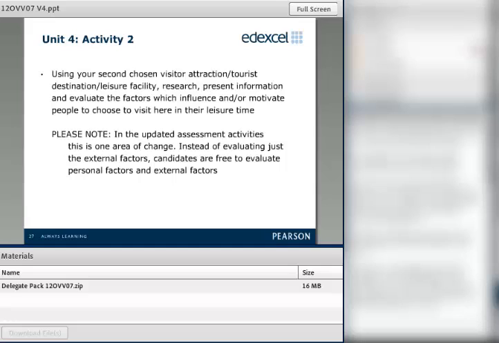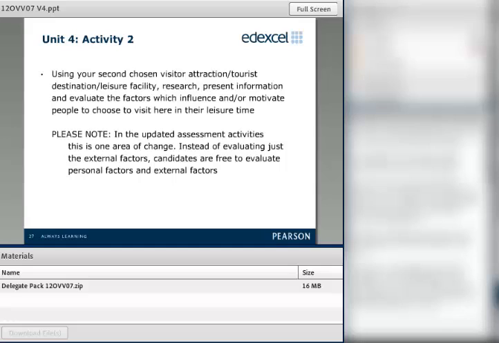And I've seen it done in 2 different ways. Sometimes they do all the presentation in one part and then go back and evaluate it afterwards. Sometimes they present information on one factor and then evaluate it at that time, and so forth. So it's entirely up to you, but what the moderator will be looking for is where they're getting the 6 marks for presenting information and where they're getting the 6 marks for evaluating, because they've got to look at both.